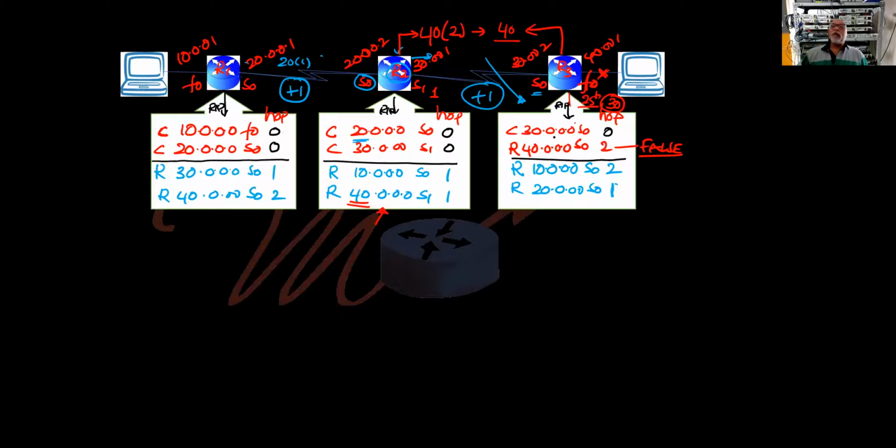So now if you see here, if it learns a wrong route, a false route. Actually, 40 is with me. He doesn't know. So why did I get the wrong route? Because of my memory issue. Now, what happens interestingly? Now I learned a new route. After 30 seconds, I learned a new route from this side. If I tell this guy, 40 is 2 plus 1, 3 hops away, let's say. Imagine. Now he thinks, from the S1 direction I learned it as 1 hop. Now S1 is telling me 3 hops. Then he will tell him as 4 hops. Then he will tell him as 5 hops. It will be a monotonically increasing number now.